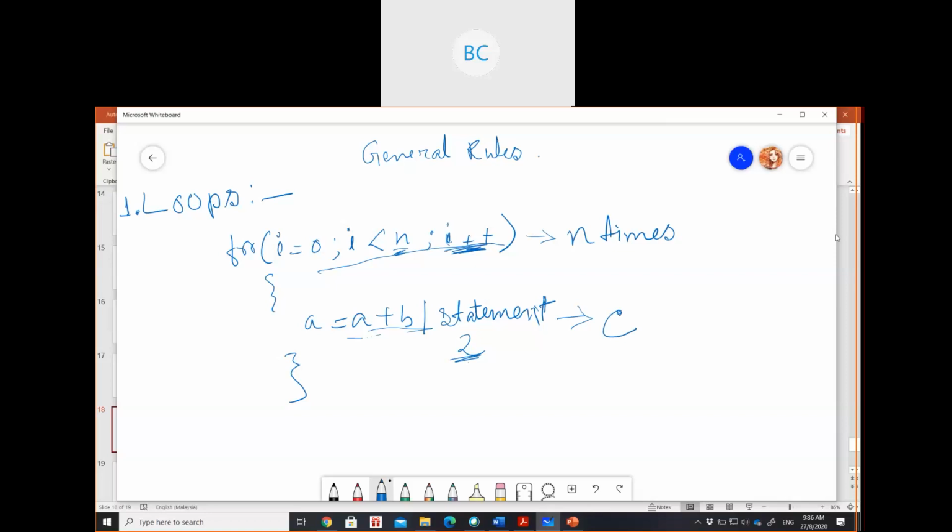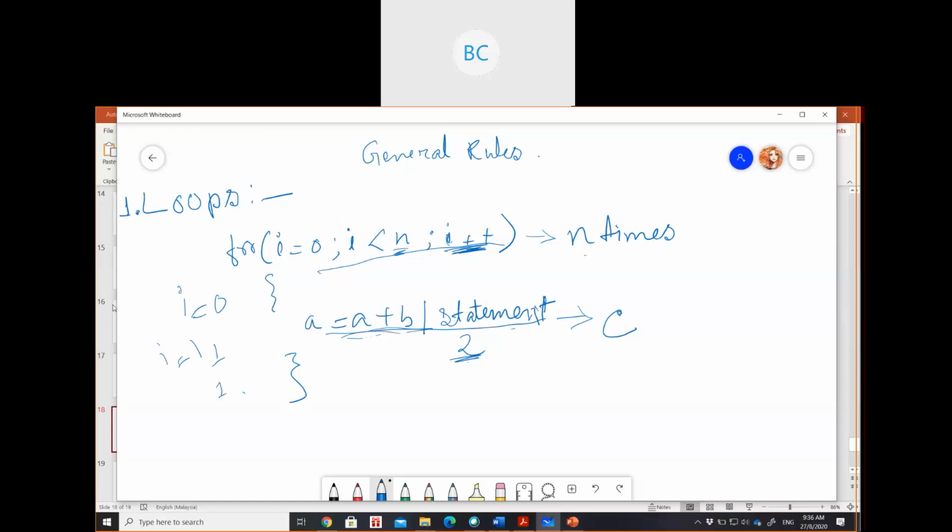Because this for loop will run for n times, there will be some statements, some operations, it can be plus, minus, anything. This statement will basically take constant time every time. When i equals 0, this statement will run one time. Then when i is increased, i equals 1, again it will run one time, and so on.